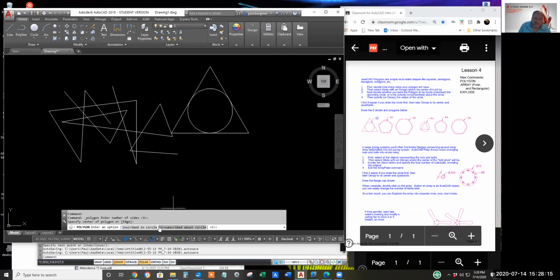It's asking inscribed or circumscribed. We want the smaller triangle inside or inscribed in circle. And much like we had for the circumscribed triangle, hopefully selecting one of the quadrants will meet the requirement. It's rare that you might have to go up at a 45-degree angle. The top quadrant forms the small triangle on your page 4-1. So there's our triangle.